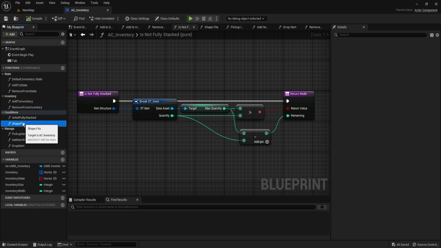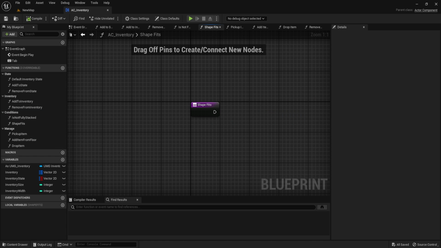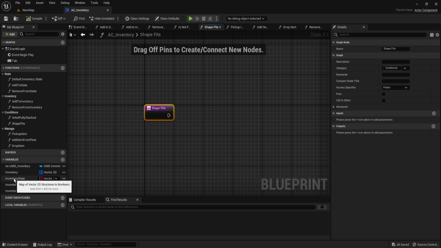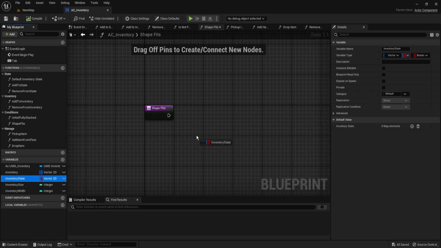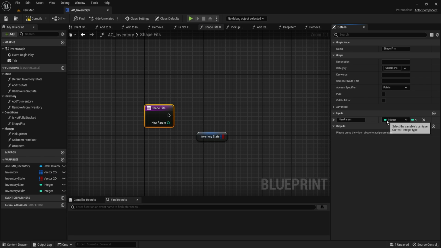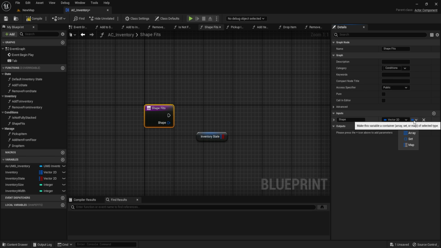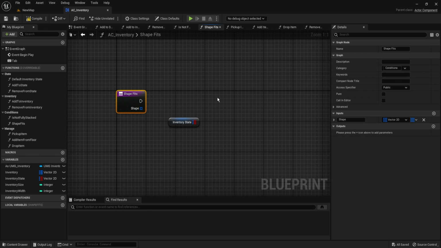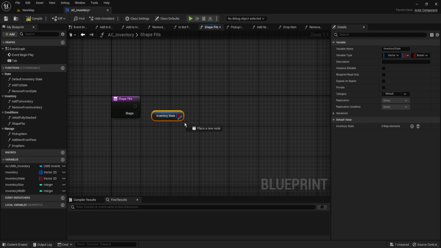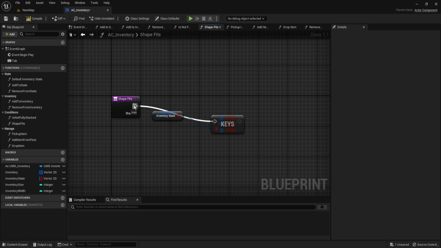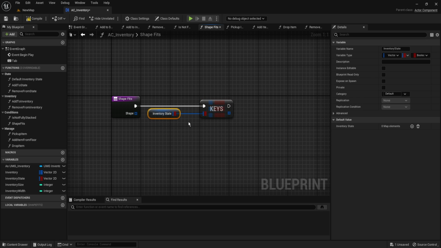Next is the shape fit. And shape fit is pretty much just going to loop through the array, or our map, to see if there's enough space for it. So the input is going to take the shape, so we'll say shape here, and it's going to be of type 2D vector, not box, 2D vector, and it's going to be an array. And what we'll need first is to actually go through our inventory state here. So we will get our keys,